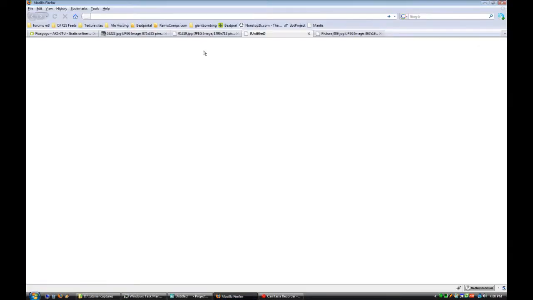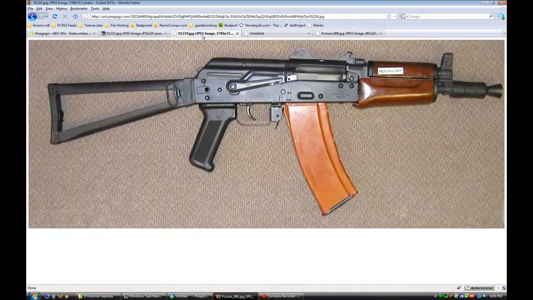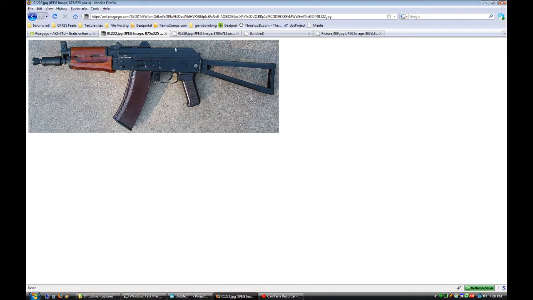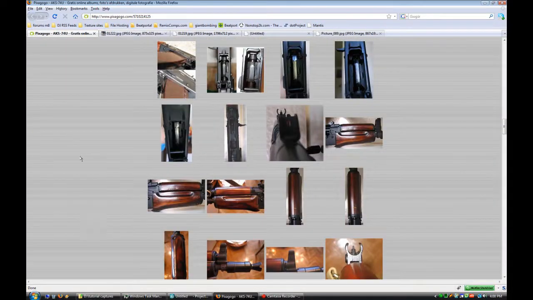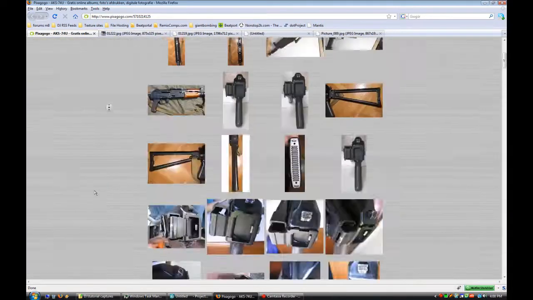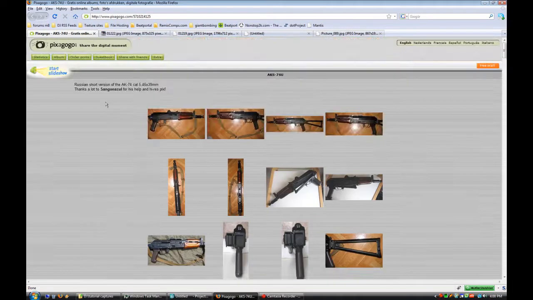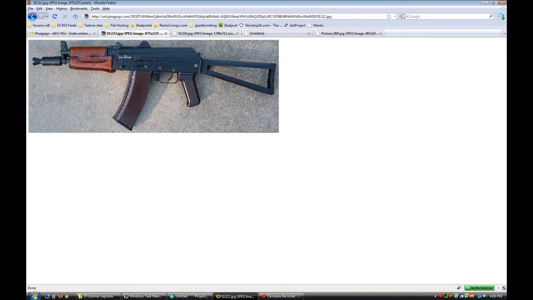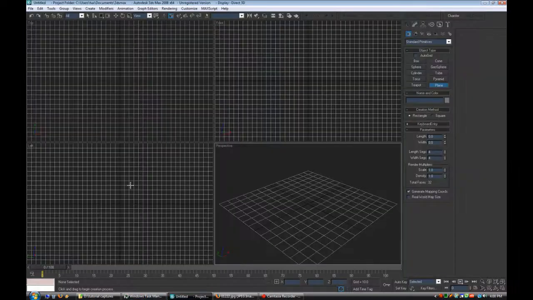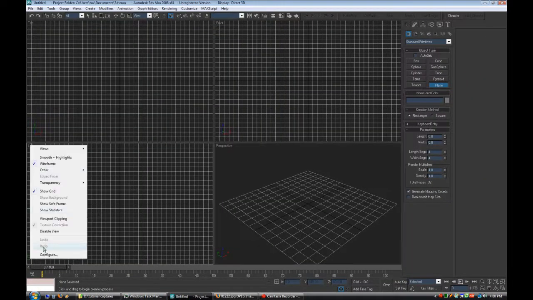I'm making a 4-part tutorial here on how to make an AK full weapon creation tutorial, the AK-74U. I've gathered all my reference images thanks to Decide MBF's gallery, a fantastic collection of like a bajillion pictures. I'm just going to set up a reference plane, straight and simple, because I don't want this to crash